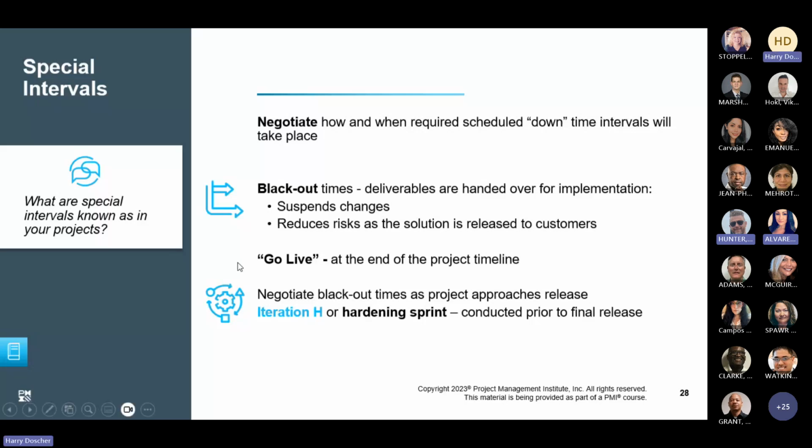All right. So there are several things mentioned here. Now with the adaptive projects, PMI has what they call an iteration H, or a hardening iteration or sprint. We'll go through this prior to the final release. Now, for the most advanced corporations that use